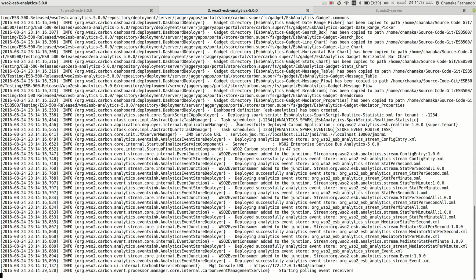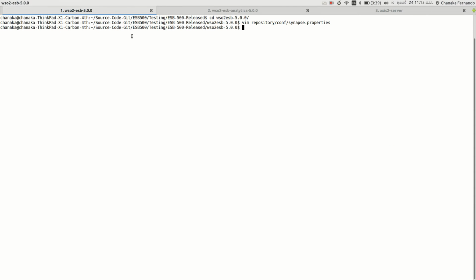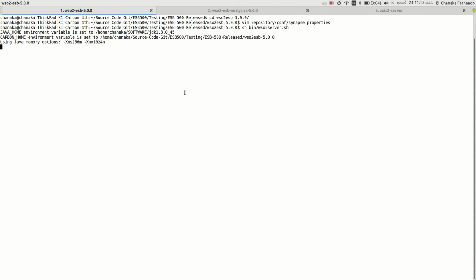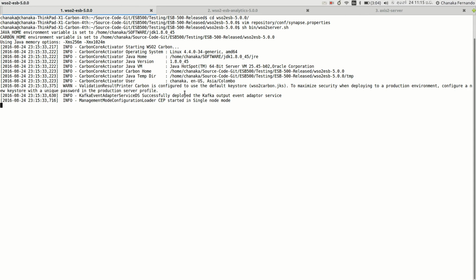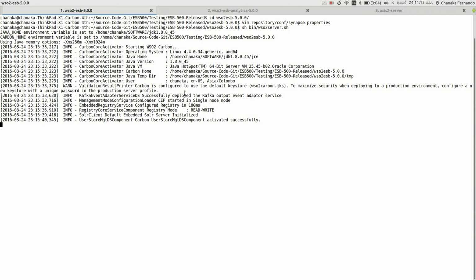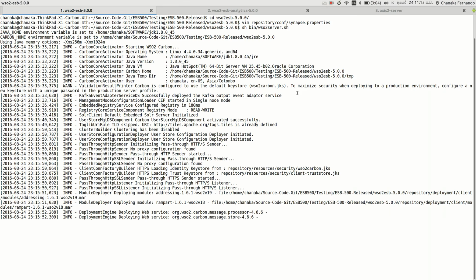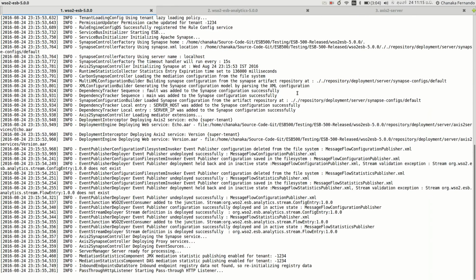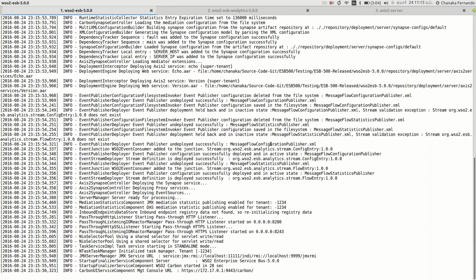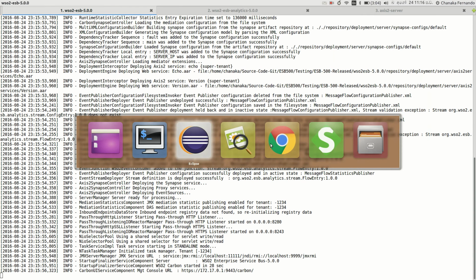Now the ESP analytics server is already started. Now I am going to start the ESP runtime. After starting the ESP runtime, I can directly deploy my service to this runtime. Okay, now the server is started, so I will switch back to the